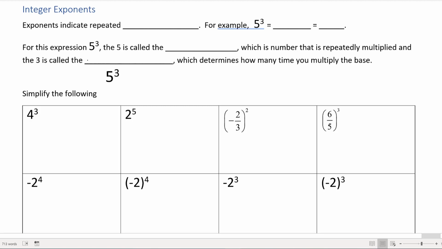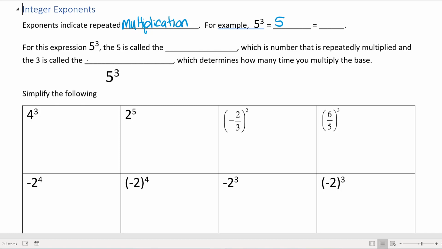Today's lesson is on integer exponents. Exponents indicate repeated multiplication. For example, 5 cubed means 5 times itself, 3 times. So we're repeatedly multiplying 5 by itself 3 times. So that's repeated multiplication. Now if I took out a calculator and typed 5 times 5 times 5, I'd get